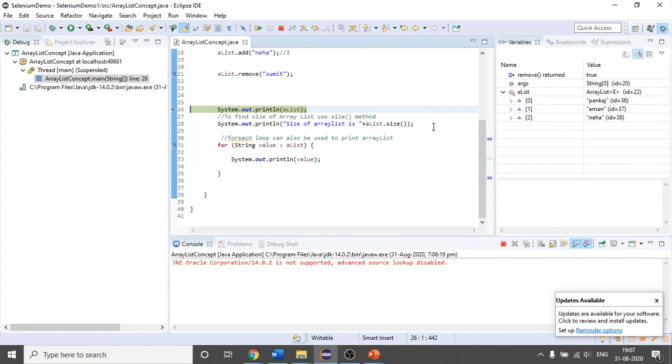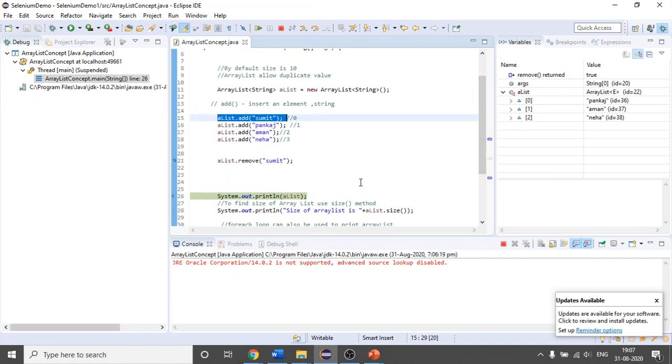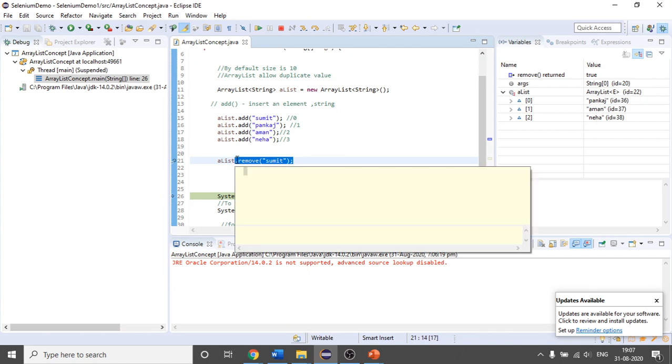Okay, I have already explained that, but let me explain one more time. See, these are the index. Okay, you have to rename it, right? Okay, so there is a method.